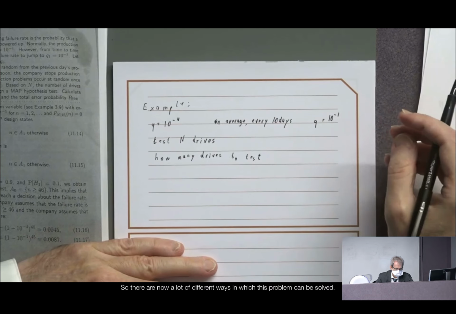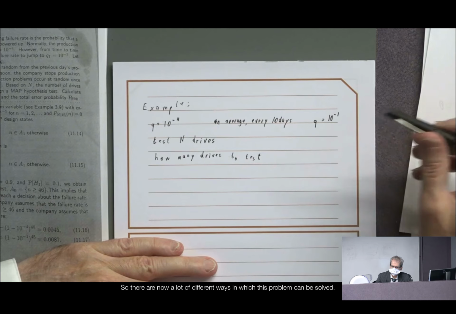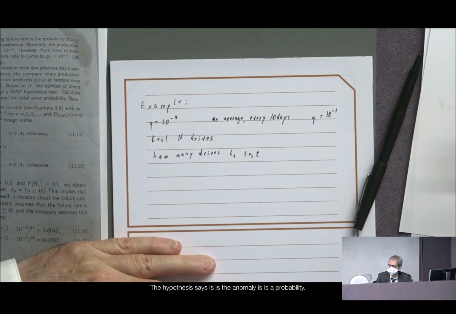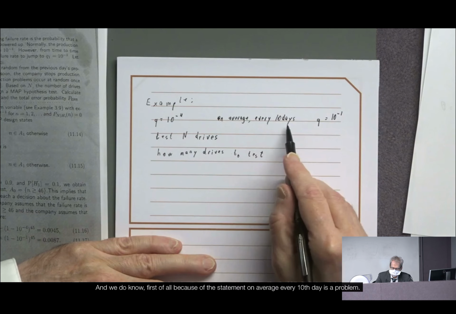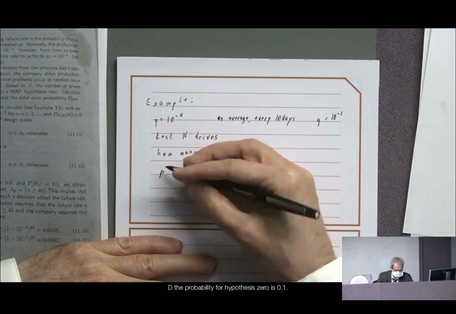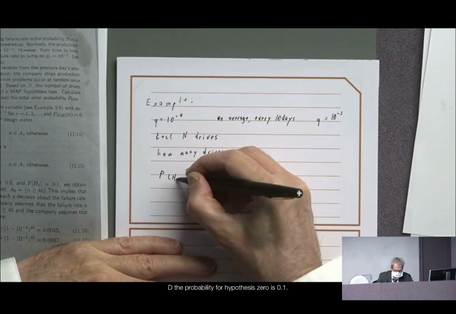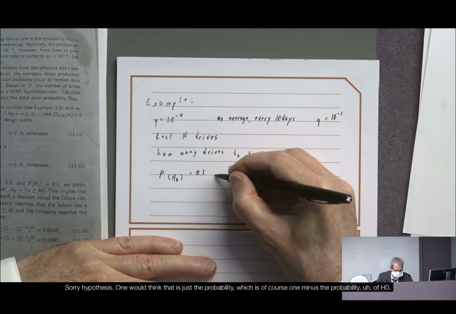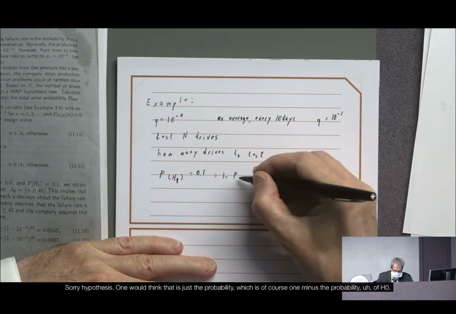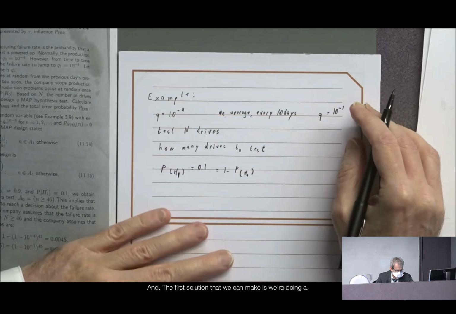So there are now a lot of different ways in which this problem can be solved. Right? So fundamentally, we have a hypothesis test. The hypothesis says, is it a normal day, is it a problem day? And we do know, first of all, because of the statement on average, every 10th day is a problem day, the probability for hypothesis 0 is 0.1. Sorry, hypothesis 1, with saying that is the probability, which is, of course, 1 minus the probability of H0. And